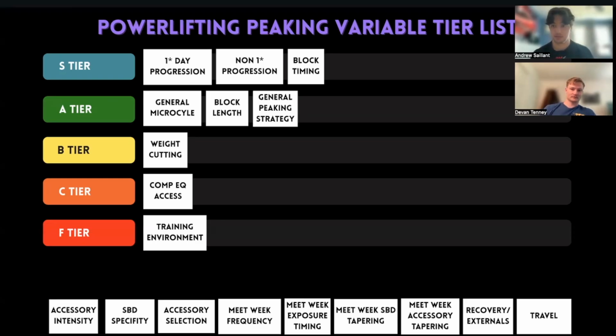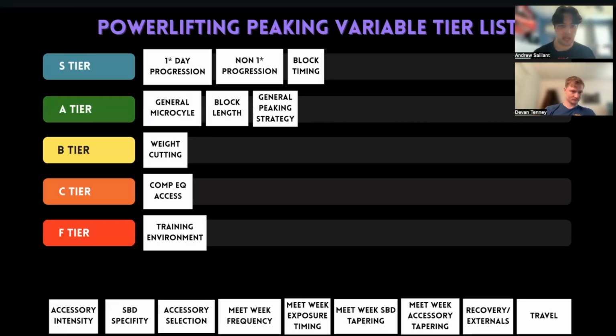I think it's definitely an important factor to consider, making sure that somebody doesn't come in too fatigued or potentially too flat if they have an accessory that really contributes a lot to how well their SBD lift performs. So I think it's important for sure, but certainly not an S or an A